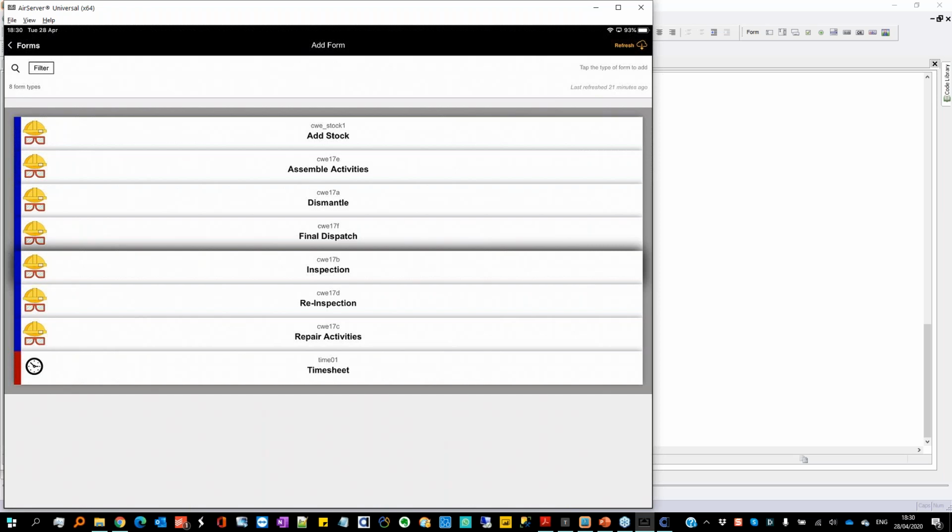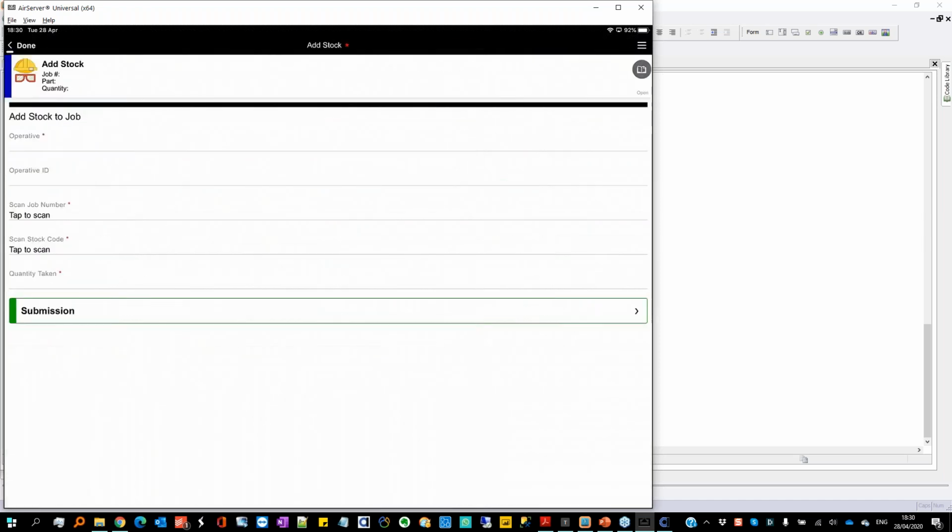The other thing they have on here is, because like I said at the start, they have safety critical requirements as far as they need to have traceability of the product they use. In this particular workshop, they have pins and other things they have to make and have manufactured, which then get used in the refurbishment process. And it's the other factory that will make those. But they do it in batches, and they bring batches in, a bit like a Kanban system. But they need to be able to trace back those pins. So if there was a problem with the metal provided by one of their suppliers, they need to know where that metal was used. So how that works here is we've got an add stock form here, which